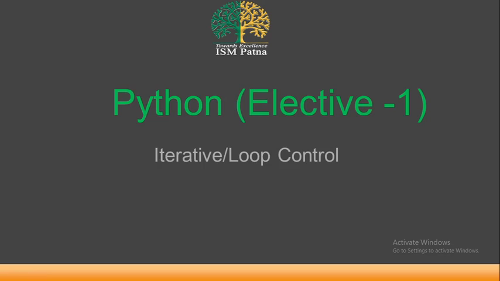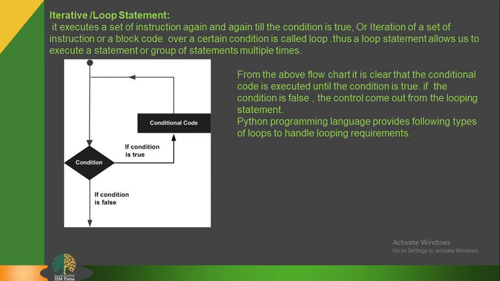Hello everyone. In this session, I am going to discuss the while loop only. Before the while loop, we have to find the exact meaning of loop. Loop is a flow control statement which allows us to control the instructions of your program and execute the statement till the condition is true. It means a loop executes your statement again and again till the condition is true.